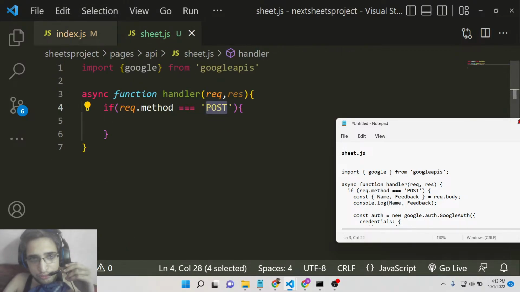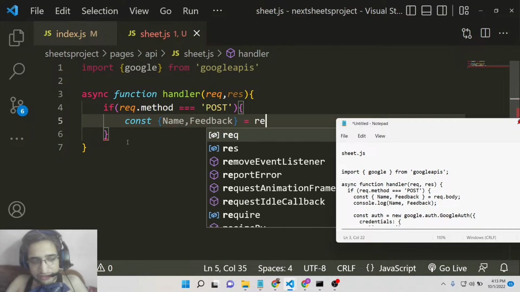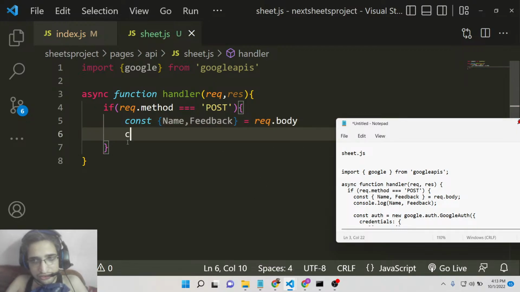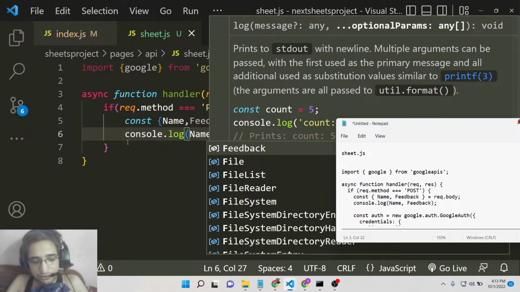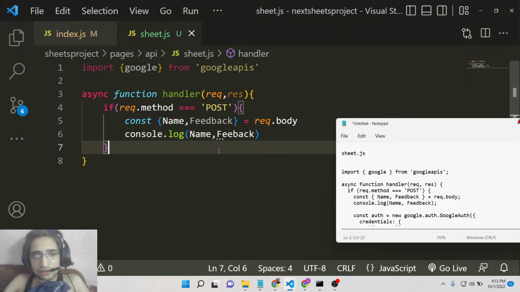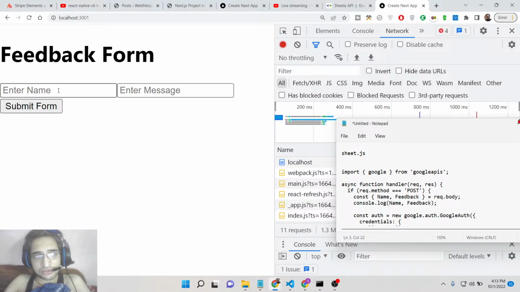So if it is equal to the post method, then we need to fetch the information, which is the name and the feedback that we are attaching. So name and feedback, we need to get this using request.body, like this. We can console log this name and feedback on the console. So if I now try to submit this information, hopefully this should work. If I try to write the information,